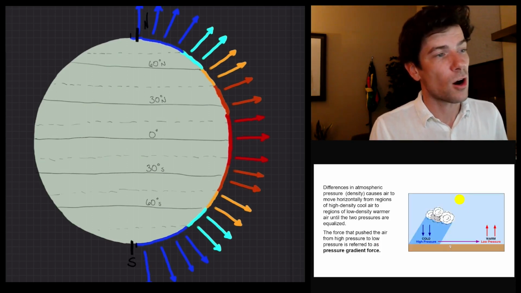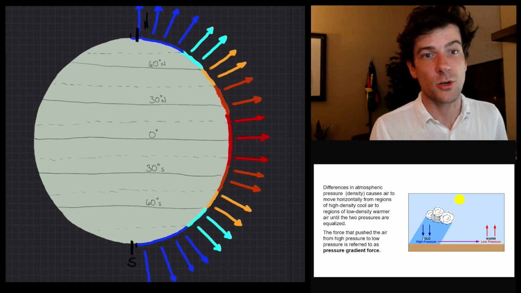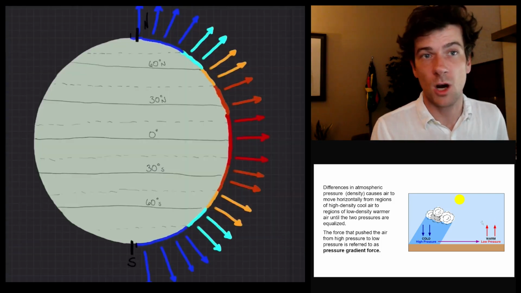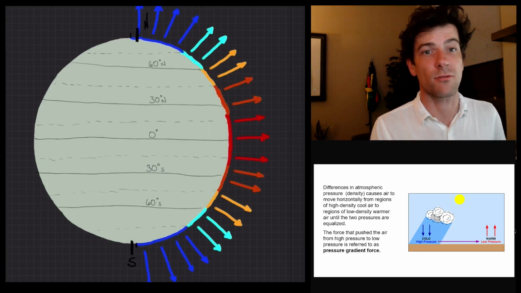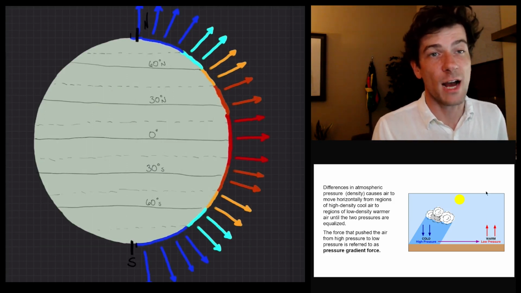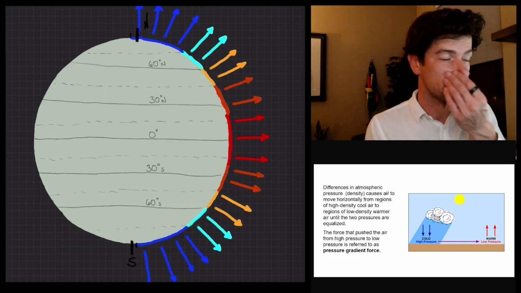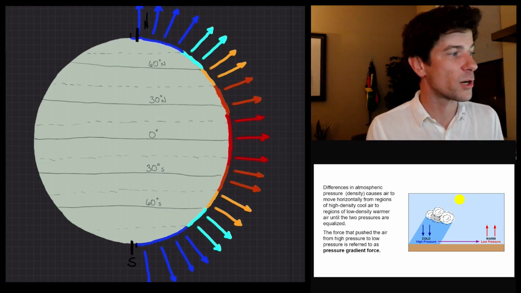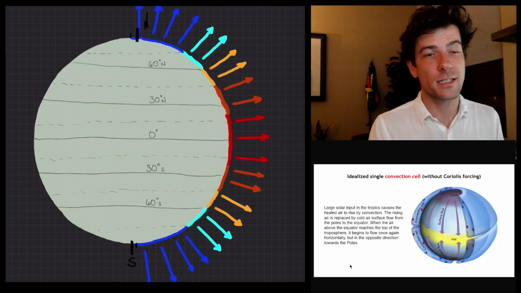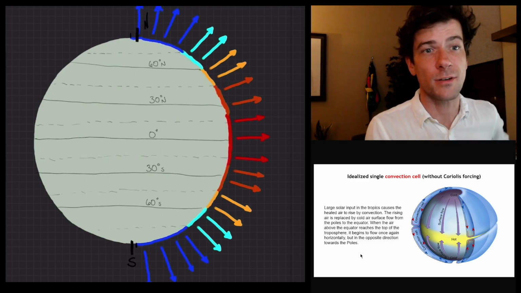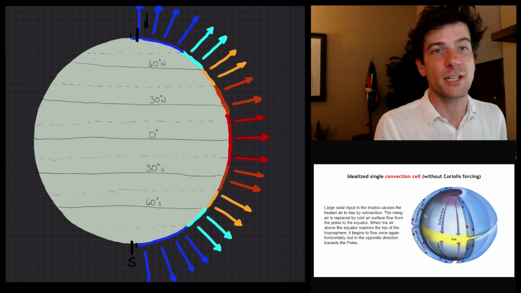And so on the Earth's surface, if there's a zone of warm air next to a zone of cold air, the cold, higher pressure air will force its way into the lower pressure warm air, either causing the warmer air to move laterally out of the way or causing it to rise upward in the atmosphere. Okay, and so that's a pretty critical piece, and it leads to this idea of a single convection cell in